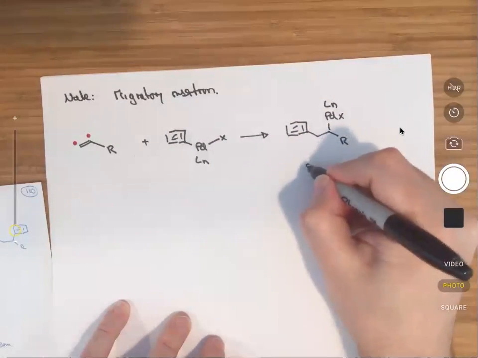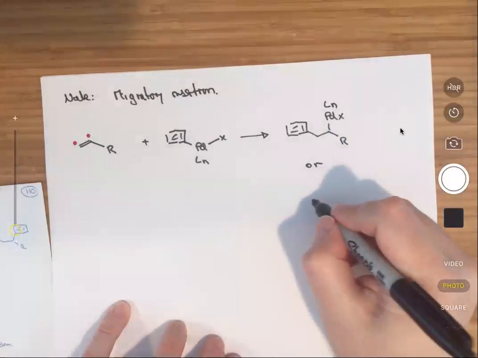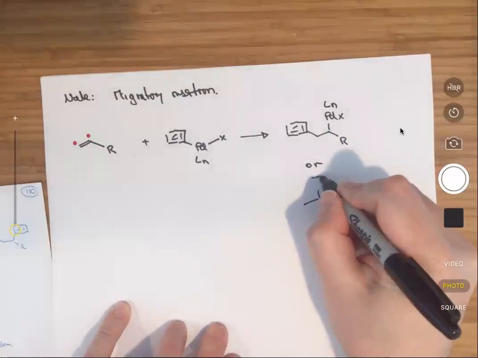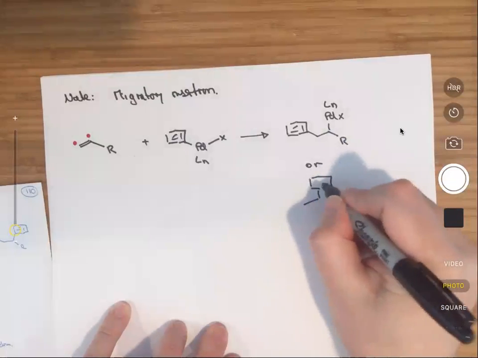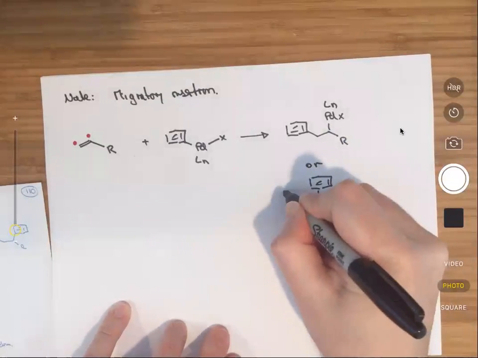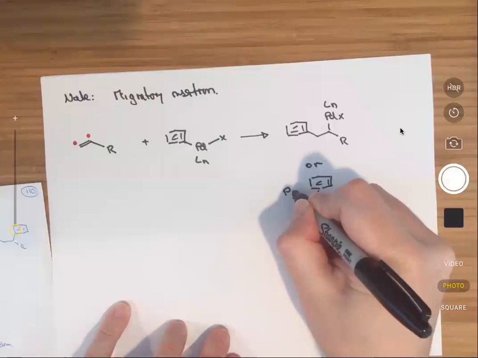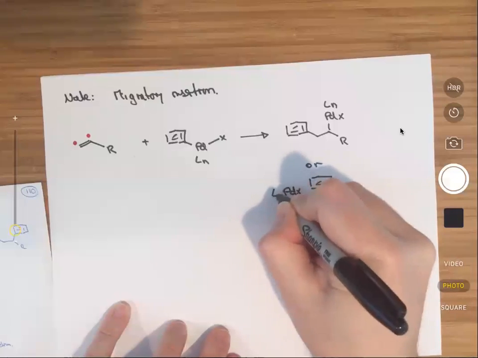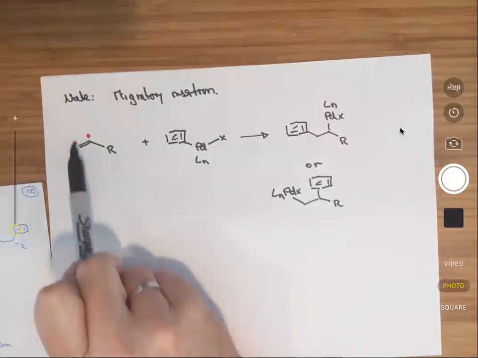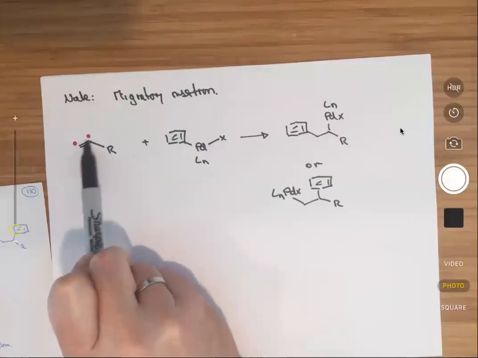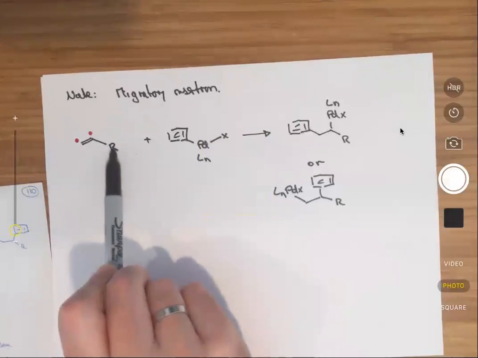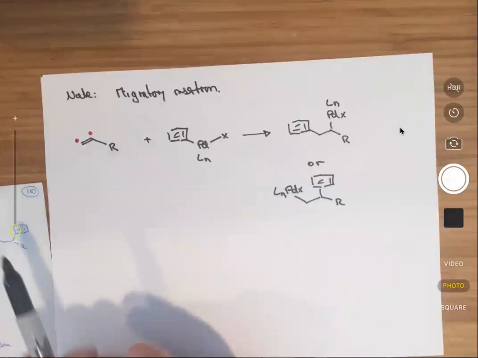Or you can, of course, get the opposite one, where you have the phenyl ring on this side, and you get the palladium on the other position. So that selectivity for a simple alkyl substituent R is not very well defined,